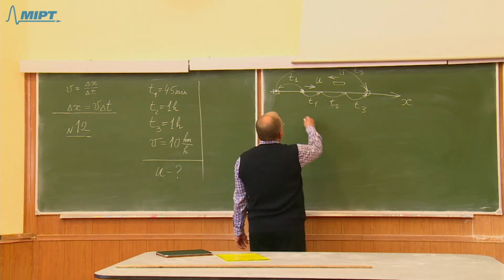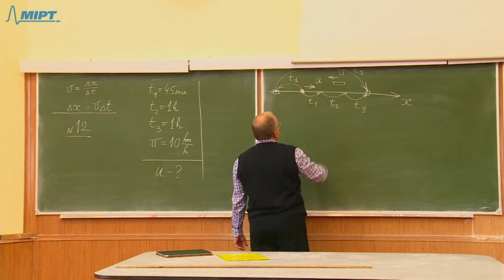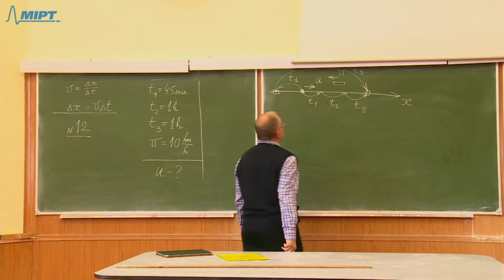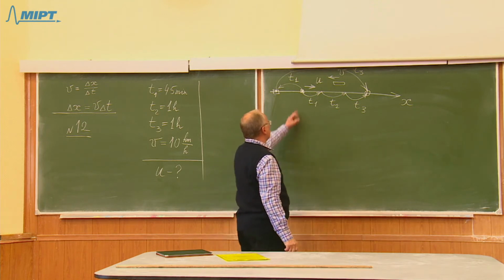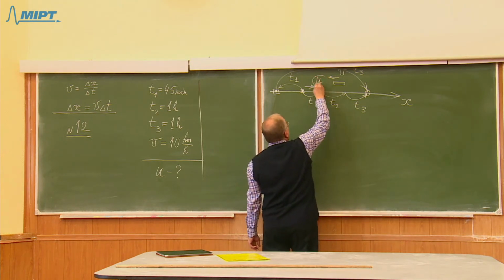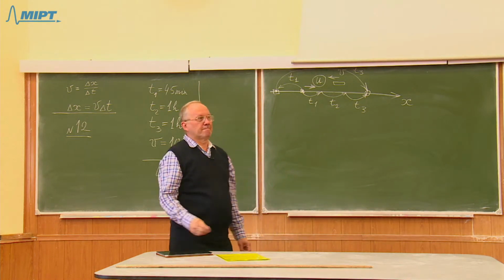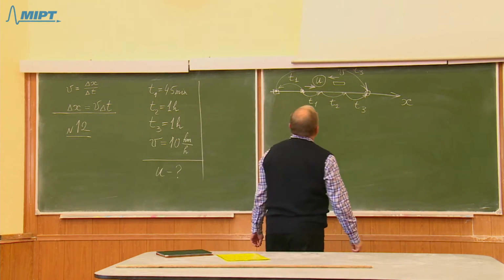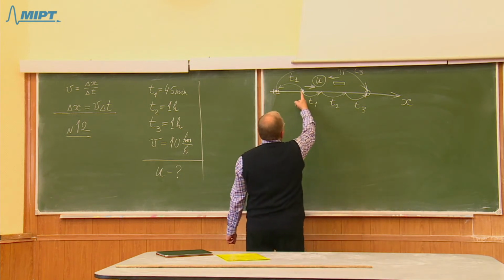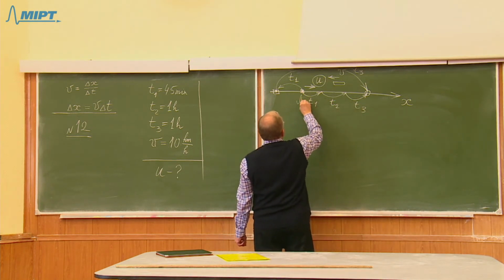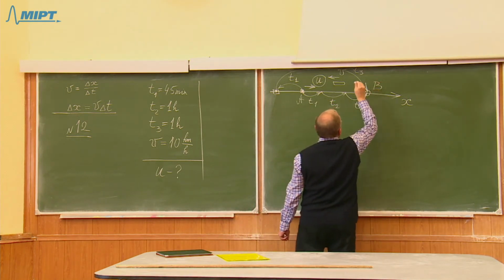So what was the distance traveled by the raft during all these time intervals? The raft was going down with the speed of the river flow u. And so the raft went down from point A to point B,